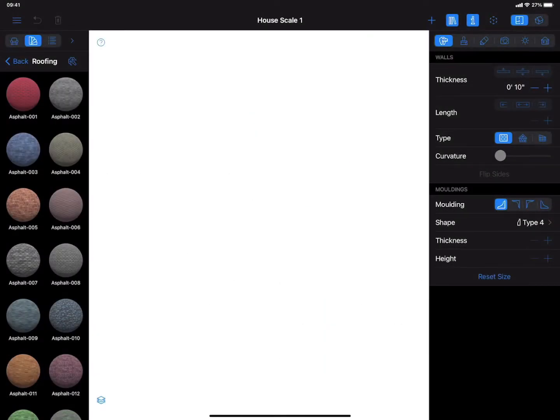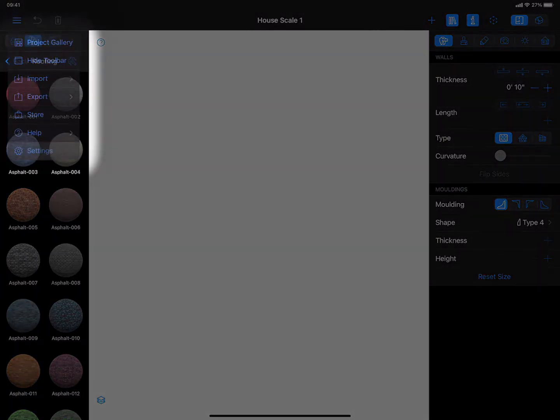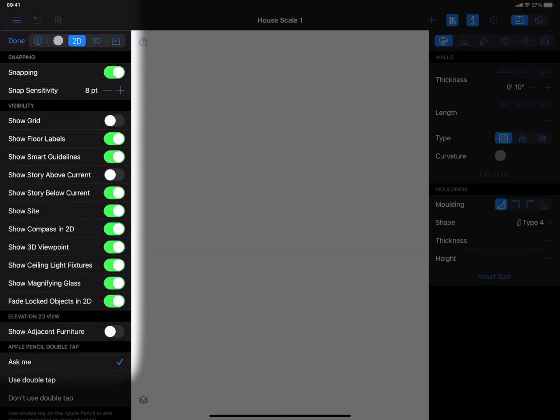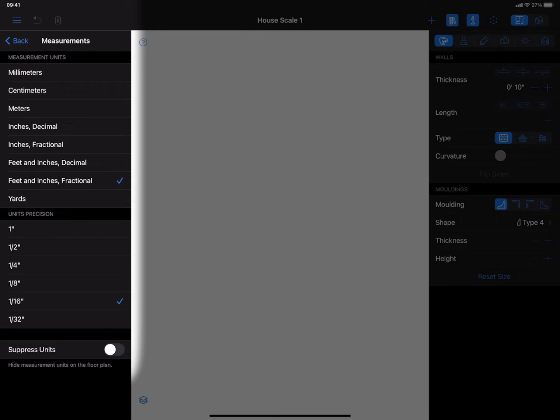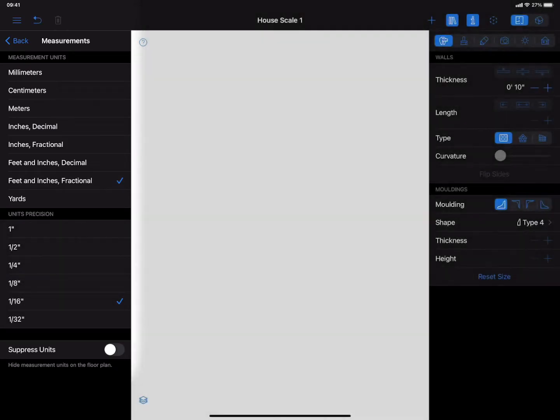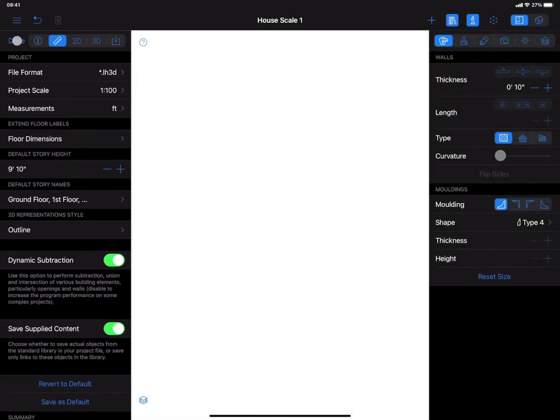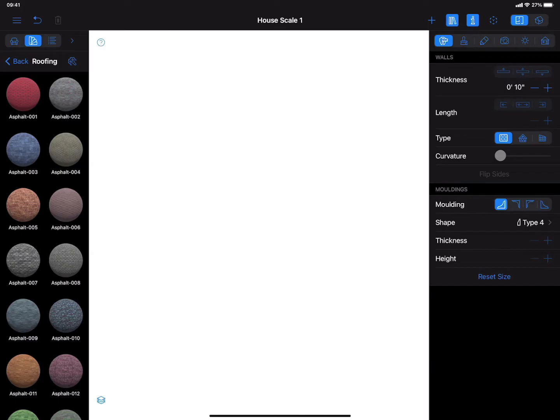This tutorial demonstrates creating a floor plan in LiveHome 3D. The first thing one needs to do before creating a floor plan is to set the scale and measurement units for the given project. You can do that by choosing the appropriate measurement units in the Project tab of the Program settings. I'll use feet and leave the scale as is.